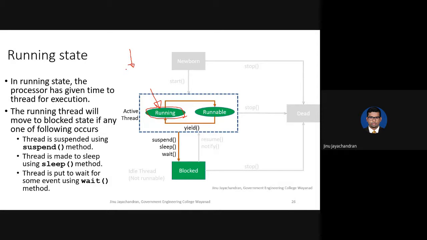Okay, it has reached some point, and at this point it needs some kind of input from the user. For example, a thread is running, and to continue its run you need to press the key, let's say A, on the keyboard. Only after the user presses A will the thread continue running. So in that case, the thread needs to wait for the user to press the key A. So the thread will not know when the user is going to press. Sometimes nobody will be there in front of the keyboard, and the thread will need to wait for a very long